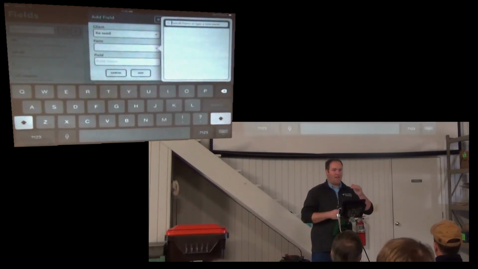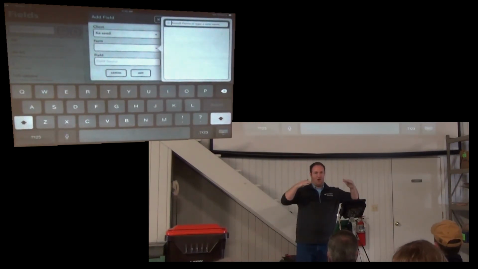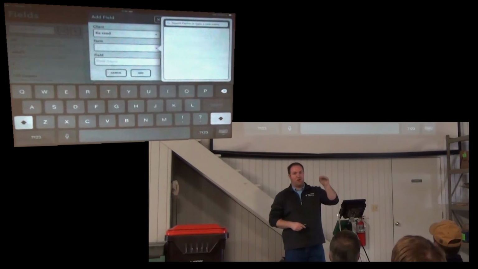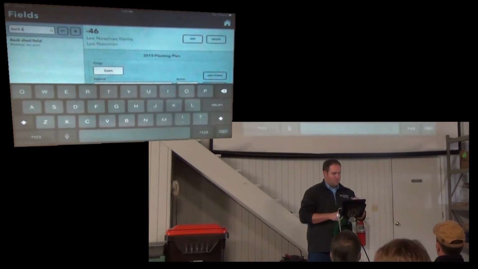Now, under that client, I'm going to create the farm. So there's clients. Under the clients are farms. Under the farms are fields. Right? So I'm creating this farm under a specific client. Now, if I go search fields, there you can see back shed field. Now, if I touch on that,